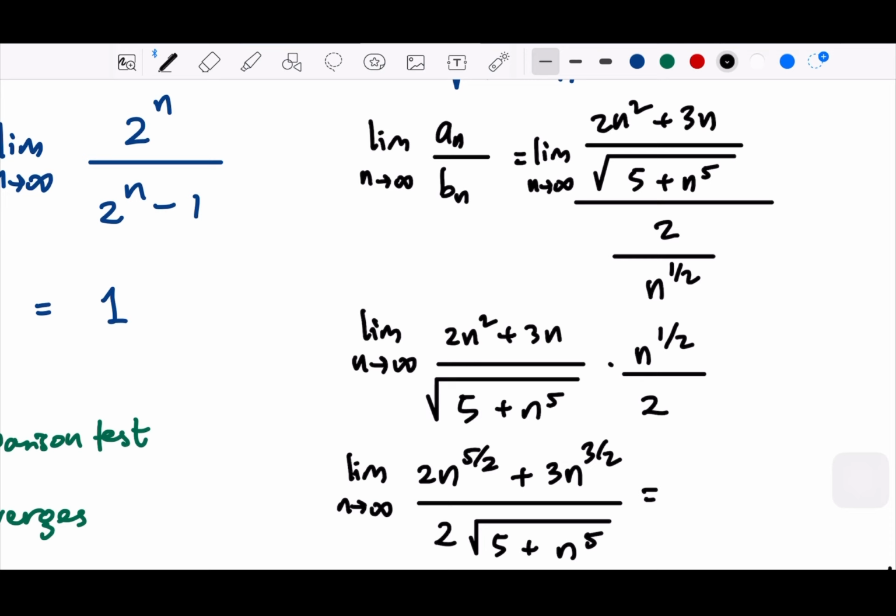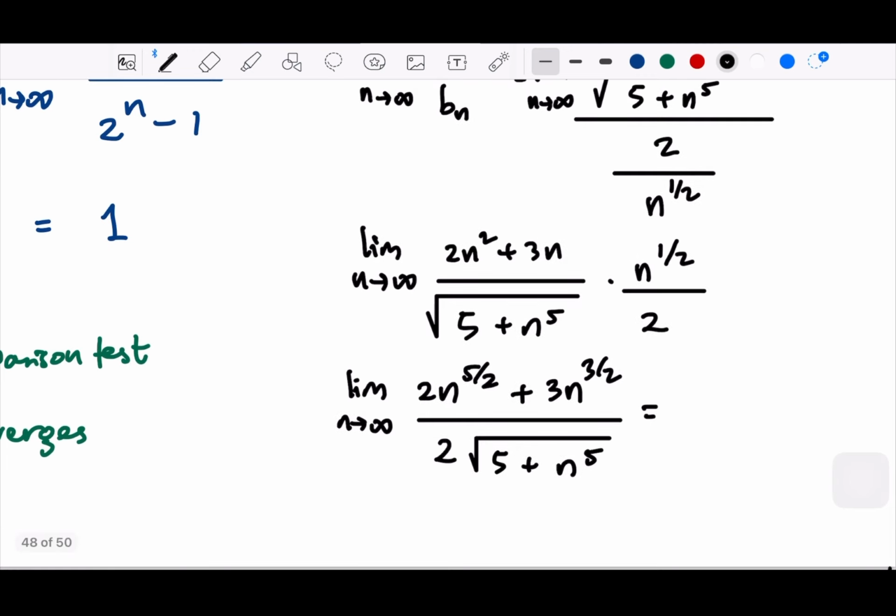So we divide with... 2.5 is the highest order, so we divide with n with power of 5/2. So this will be 2 plus, divided by n,